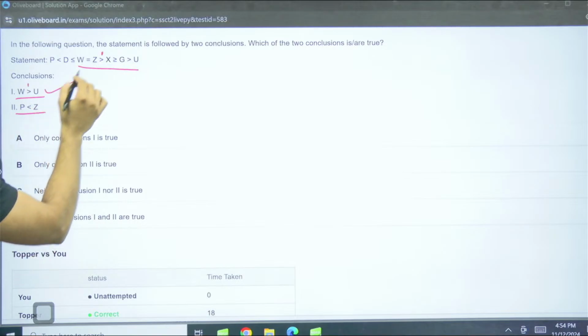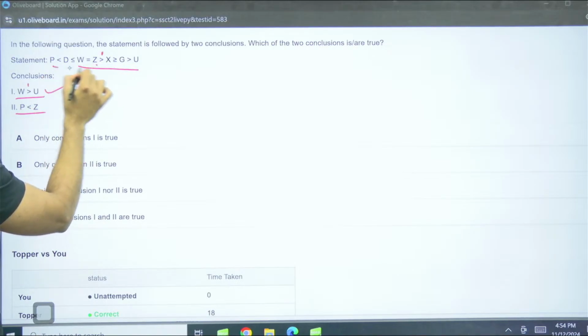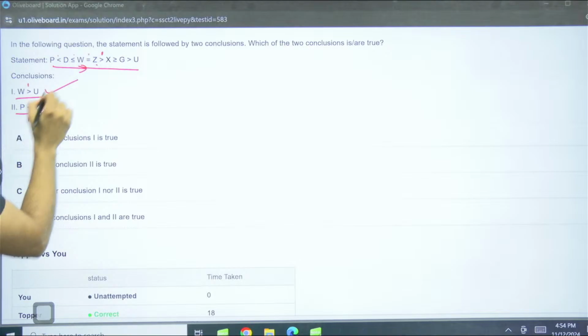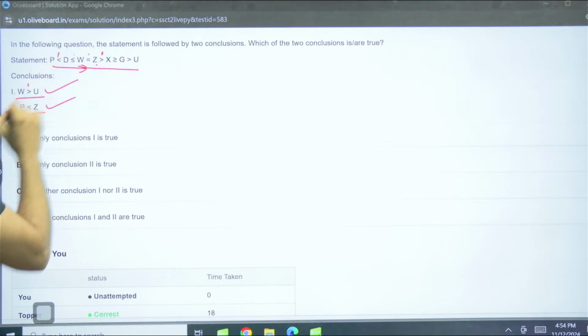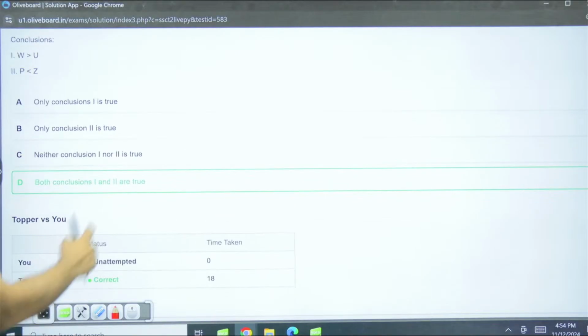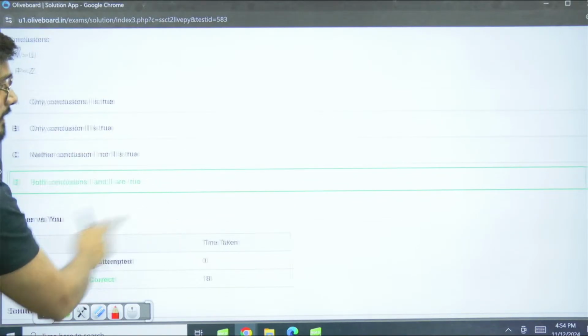Z greater than P, Z to P, all the symbols are facing towards Z. This one, this one, this one. We are asked the first priority symbol, and the first priority is given over here. This is also true. The right answer should be both follow. Option D is the right one. Okay. Next,